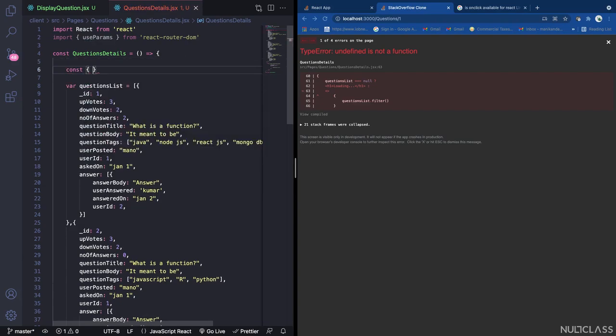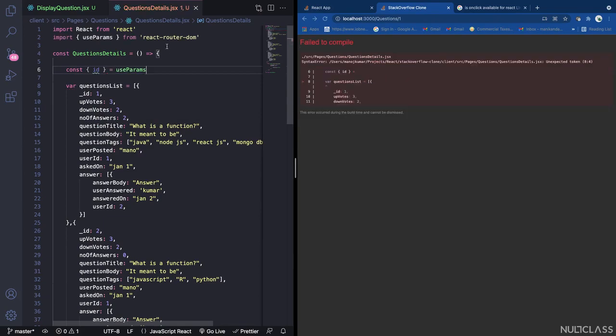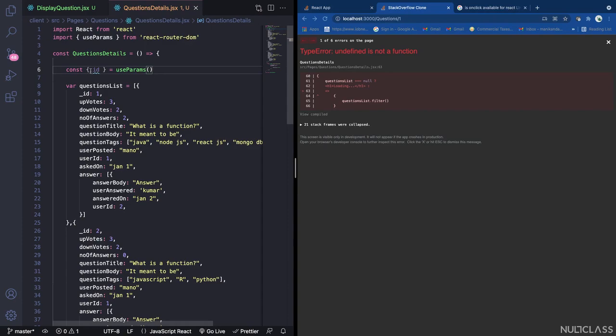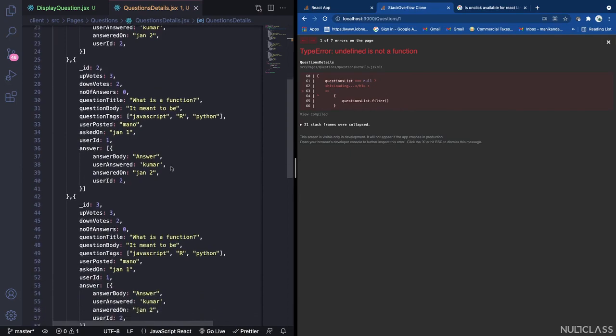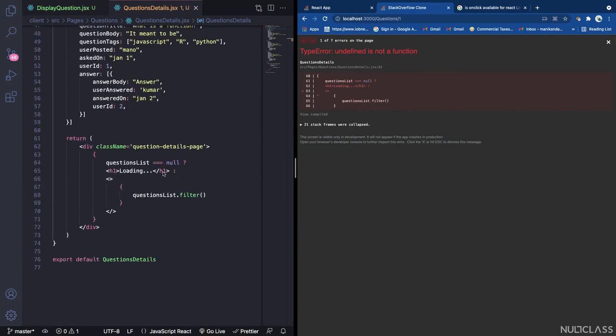We will just destructure an object, consider useParams as an object, and in that we will select this particular id, which in this case is 1. If here it has some random values like this, it is going to be selected. So first, we will just filter using that. So here I'm just going to pass the